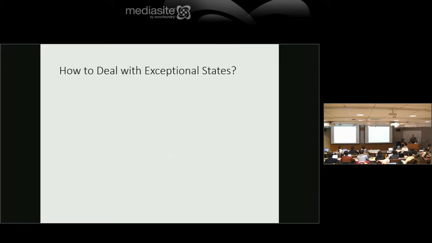So how do you deal with exceptional states? You can do nothing, which is okay for demos. A lot of times I have demo code that literally can't throw exceptions and I don't catch them because it's a demo. I'm not obligated to do that in a demo.